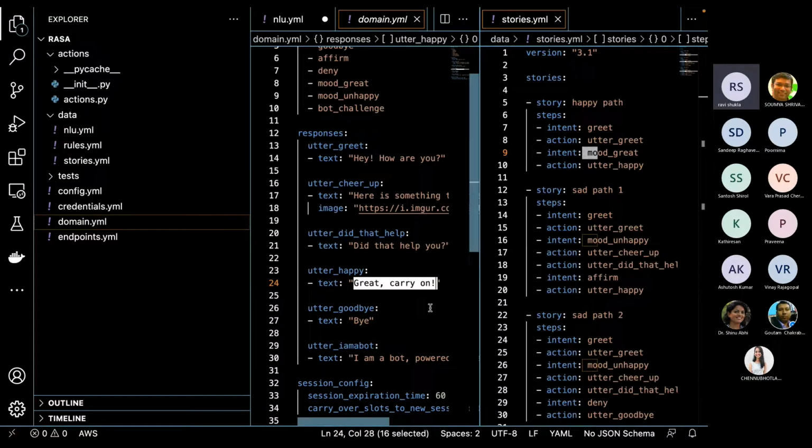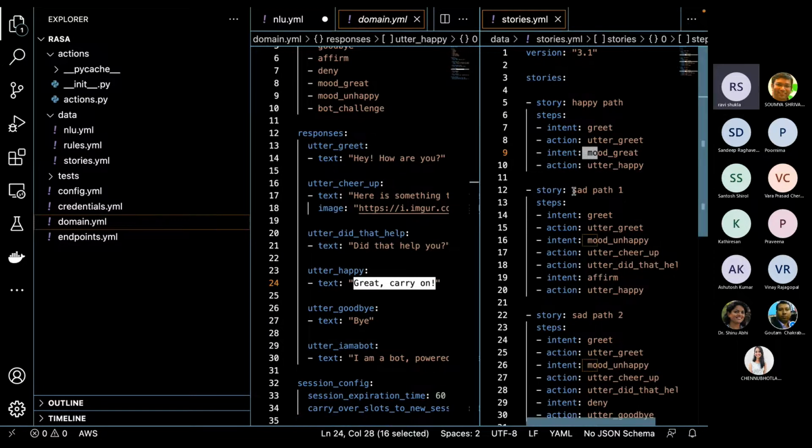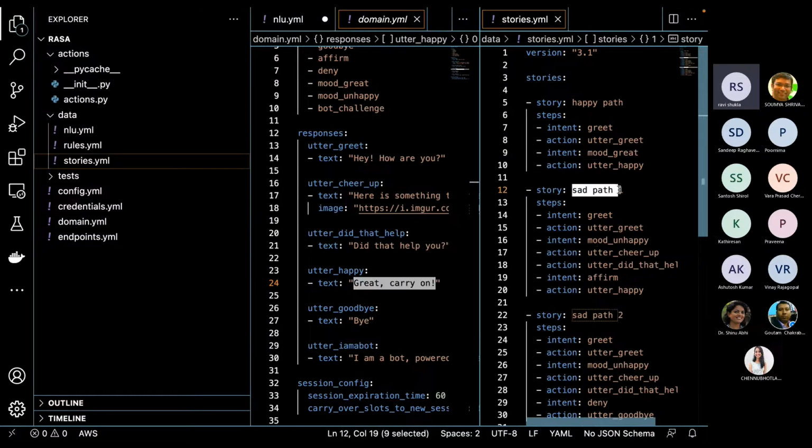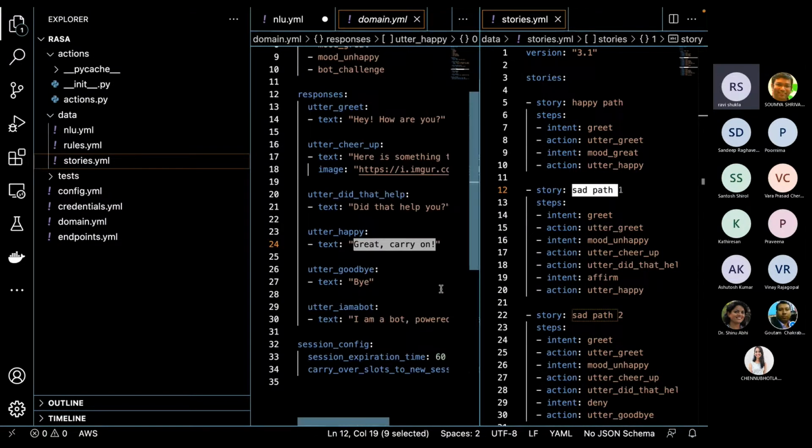It is taking user inputs. It is saying what a typical path looks like, a happy path or a sad path. It is guiding the chatbot, right? And it is not that you have to write 1,000 stories like this. You can write a few examples like this and the chatbot will be trained on what to do. Okay. Everyone is clear about this, how to read this?